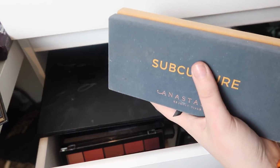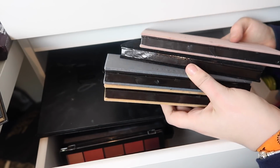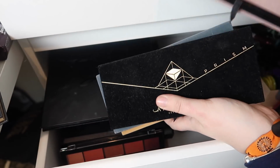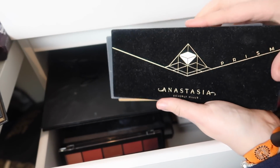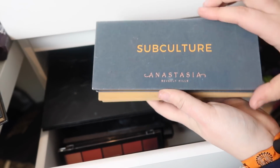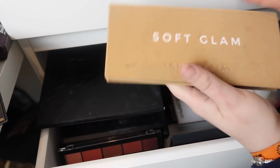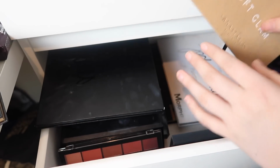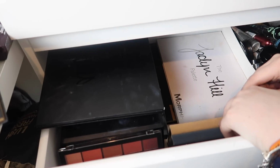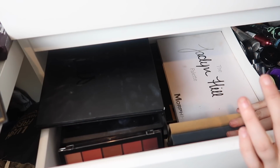Next up, I've got four. Flipping heck, who do I think I am? I've got 4 of my Anastasia Beverly Hills palettes. So I've got Modern Renaissance, I've got Prism, which I actually haven't used that much. I got that for my birthday. Then I've got Subculture. We know what kind of a mess that is, but still a lot of money. And then finally Soft Glam. So I've got all 4 of them. I do want to get Norvina and Riviera, but I have no money, so they're the only 4 that I